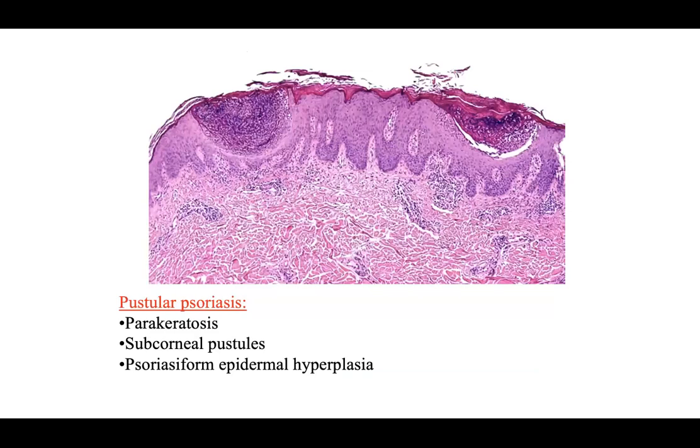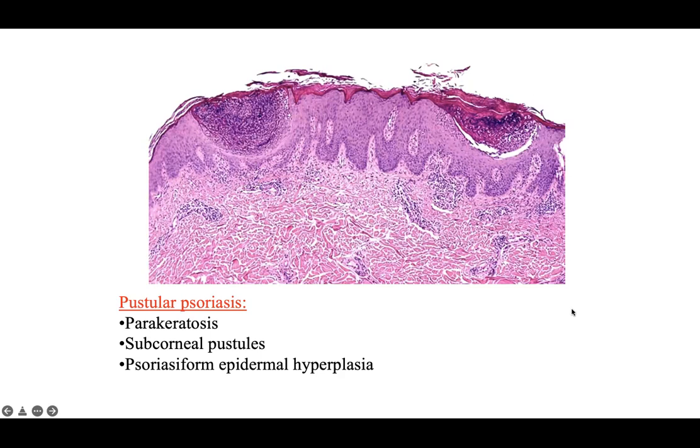So what do you see on pathology for pustular psoriasis? As I already mentioned, you have perikeratosis, you've got subcorneal pustules, and psoriasiform epidermal hyperplasia. So if you look over to the adjacent sides of the pustules, you can see more classic psoriasiform hyperplasia that will help you separate it out from AGEP, or acute generalized exanthematous pustulosis, which usually isn't going to have as much psoriasiform epidermal hyperplasia. The other thing is, usually in pustular psoriasis, you're not going to find a ton of